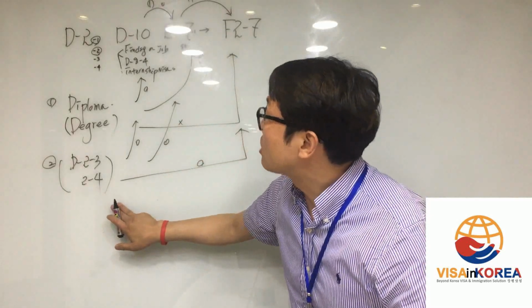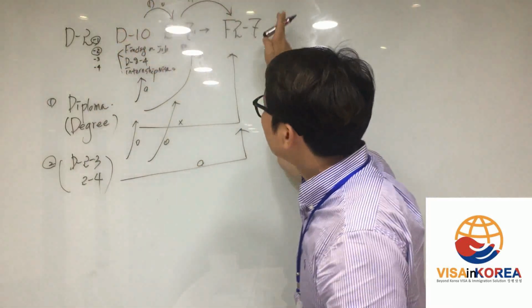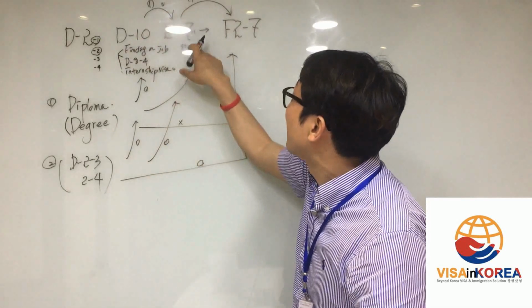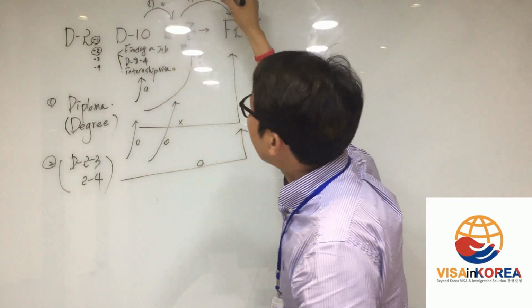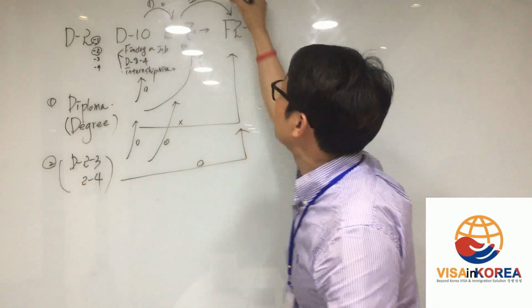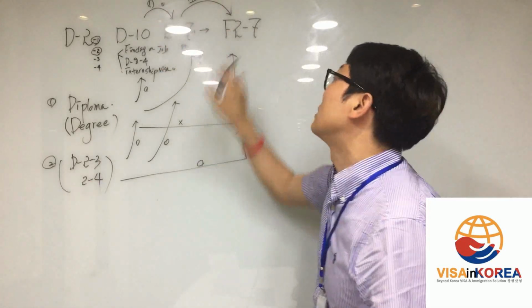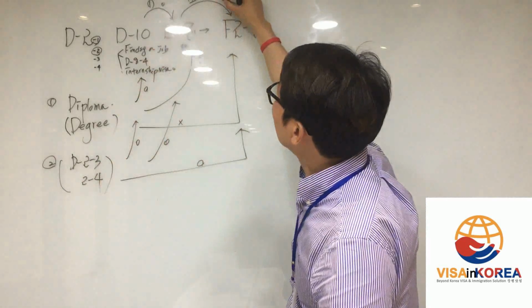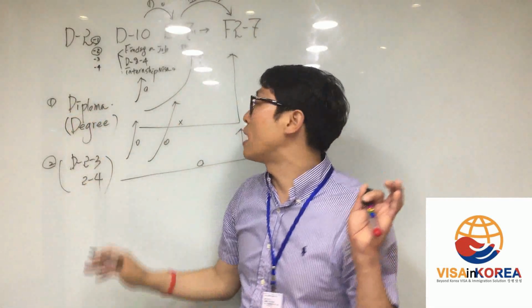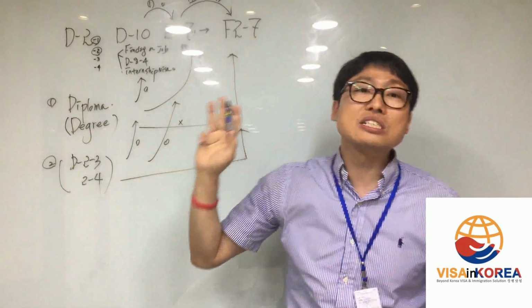Same thing, D23, D24, you have lots of chances. D10, E71, and after 7, you can go this way, or you can go to E71 and after 1 year, but not actually after 1 year. If you got a master's and all, usually after 3 months with the E71, you can change to after 7. But it is not a fixed rule, it's a recommendation. Or just after you got the diploma and find a company, D23, D24 to after 7 directly is no problem.